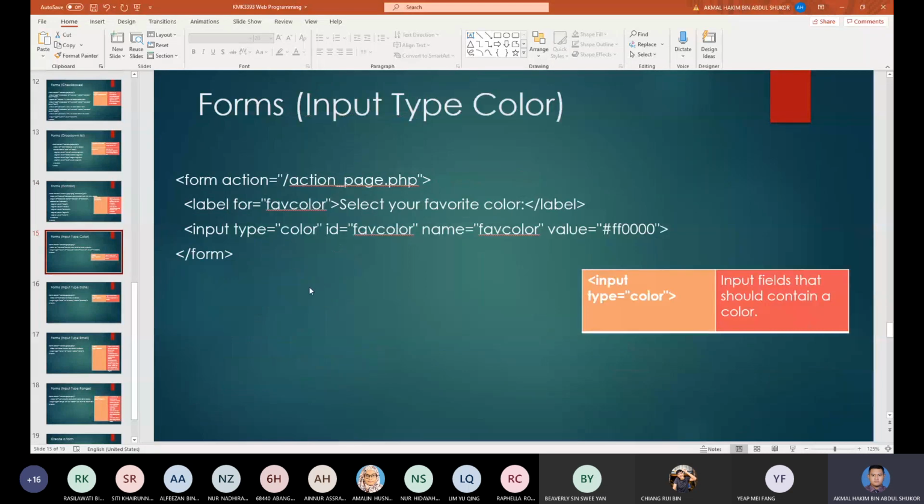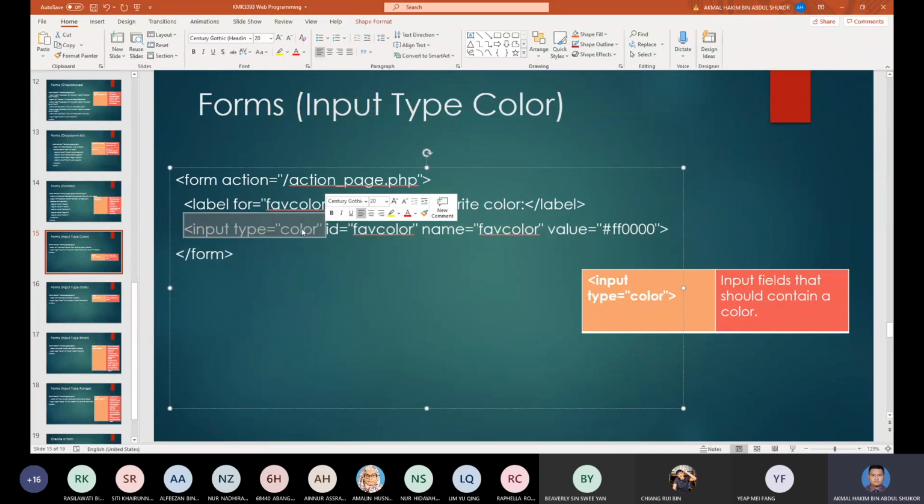Okay, next we have another one called input type color. Input type color is basically a simple code for you to choose a color scheme. Remember that the unique keyword here is color. So when you write the input type color here, the program will instantly write that specific feature to the web document. So for example, if I try to run this,